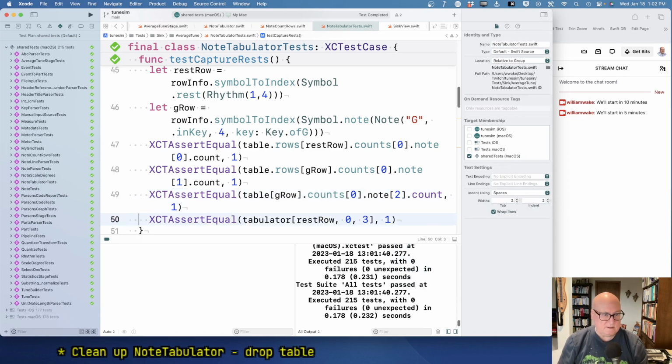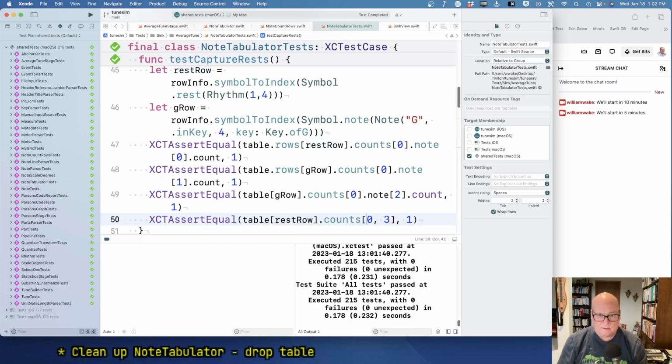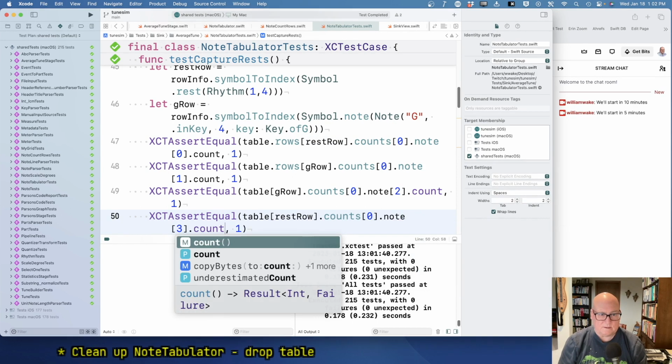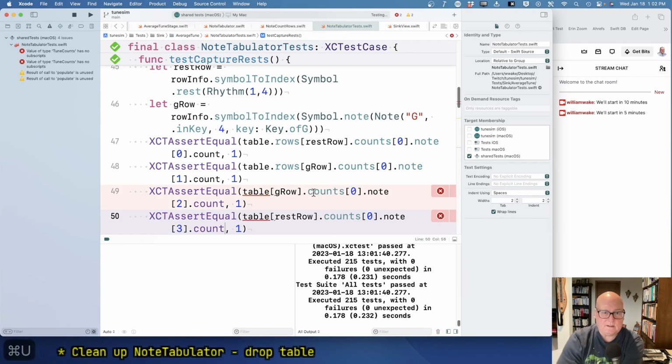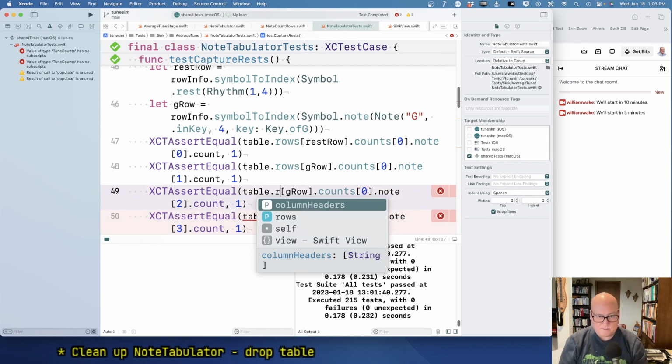And then finally, table sub rest row dot count sub 0 dot note sub 3 dot count. Okay, that should pass. Oh, table dot rows